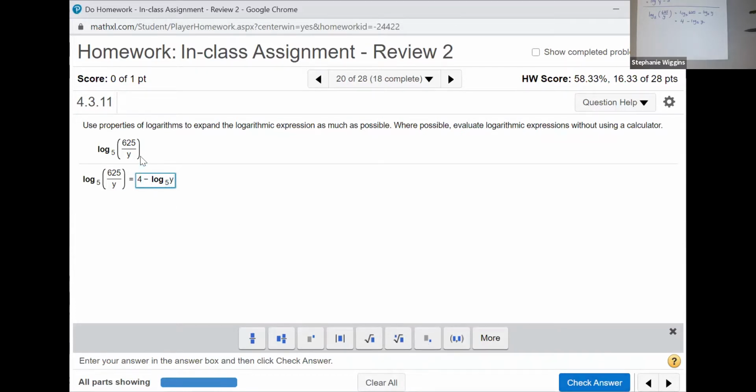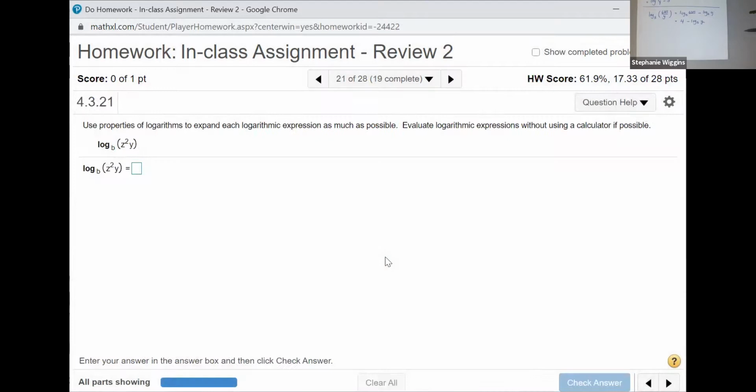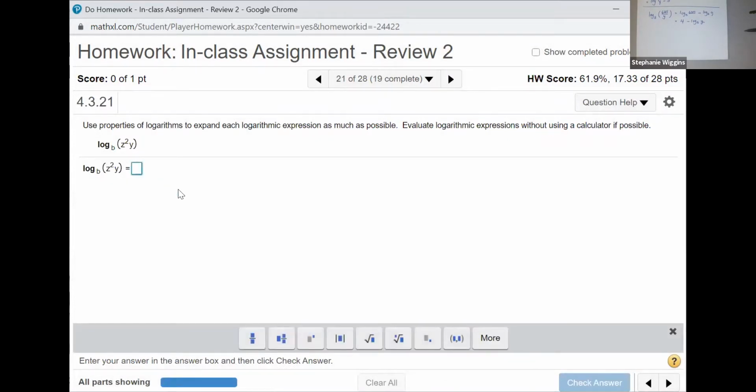Notice I'm using the difference because this is a quotient, right? If it were multiplied, I would use a plus sign. As here they're multiplied. So